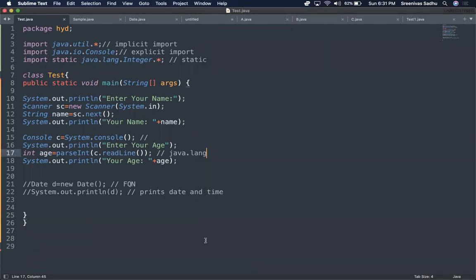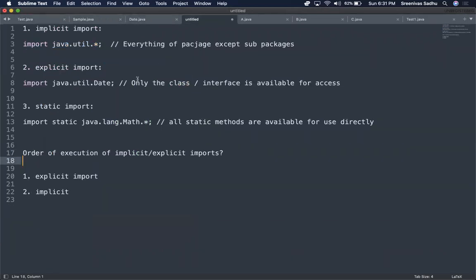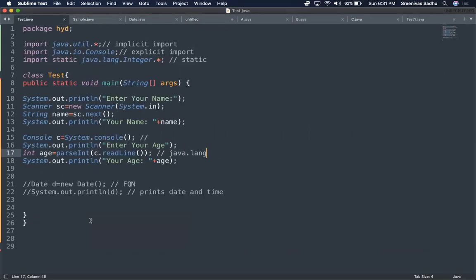And the last and very important point I would like to tell you here, in terms of the order, is something like this. See, I have a Date class here. Date d equals new Date, and I am printing System.out.println of d.